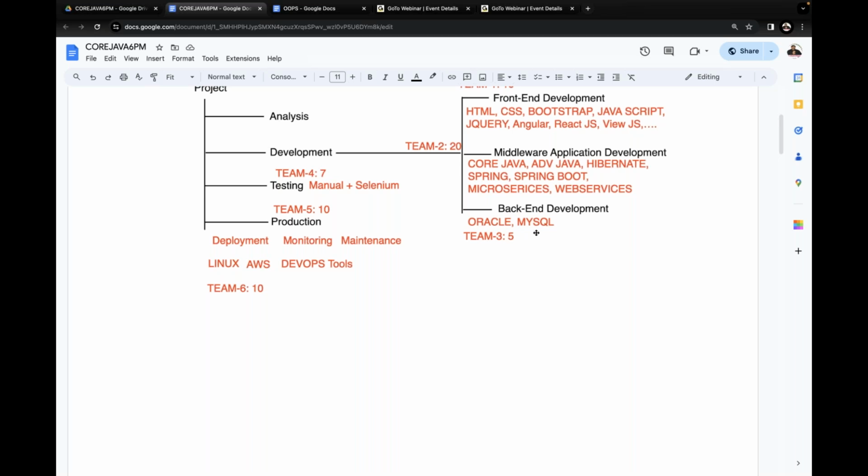In every aspect, I'm going to show how to connect with the Oracle database and how to connect with the MySQL database, how to work out the examples with Oracle as well as MySQL. I'm going to show both the connections clearly. All right, so then after this is testing, and with respect to testing, manual and Selenium, these two things are going to happen. Production in the sense that at the client's home, what we are going to do there: deployment, monitoring